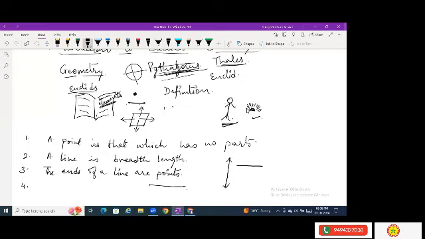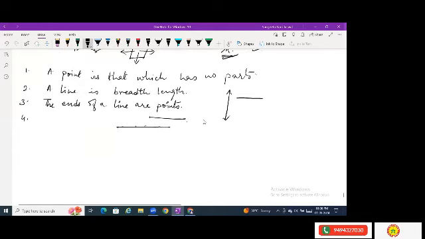Then the next point was the straight line is a line which lies evenly with the points on itself. Now it's saying a straight line is something on which we have multiple points. So many points can lie on a straight line. This is also a general fact. Then I'm not writing these facts now, I'm just explaining you. The next was that